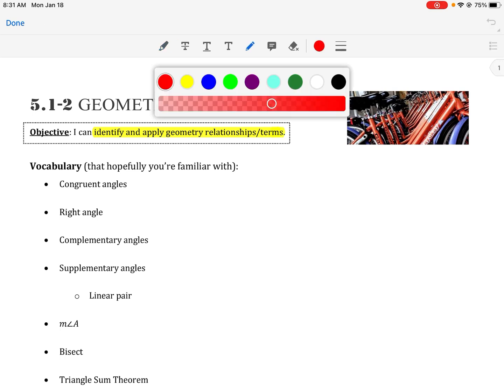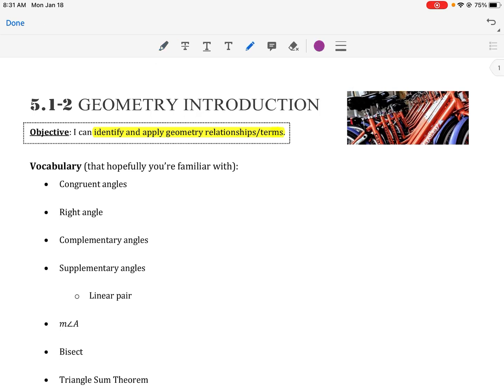So the first one we're looking at is congruent angles. Congruent angles are angles that are the same size. We often mark things that are congruent with a little equals, a little line on top. Okay, a right angle means that it's an angle